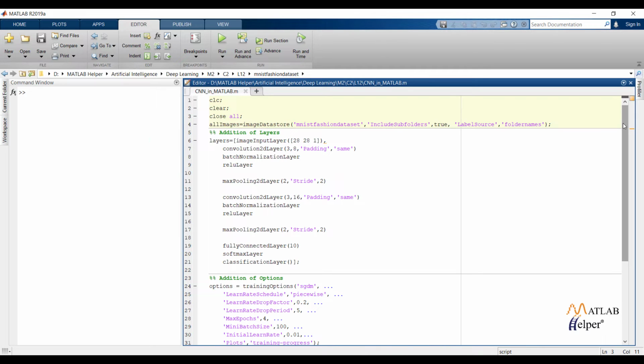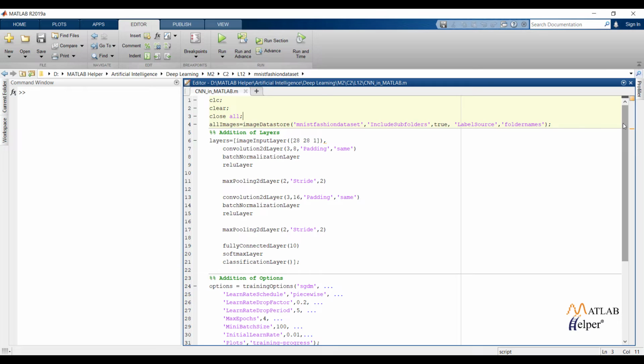Image input layer will feed images to a network. The height, width and number of color channels of an image determine the image size. Sliding convolutional filters are applied to the input by a 2D convolutional layer. The convolutional layer is made up of a number of different components. 8 3 by 3 filters will be created for the first convolutional layer. Same padding will add padding to the output so that it matches the size of the input.